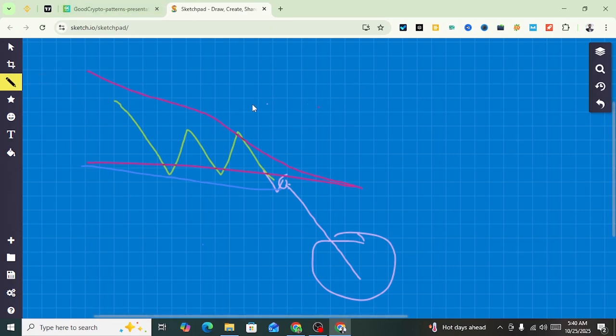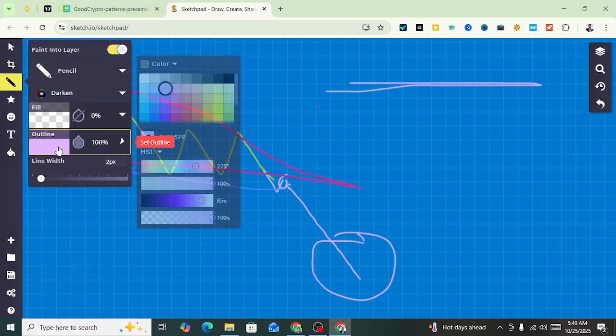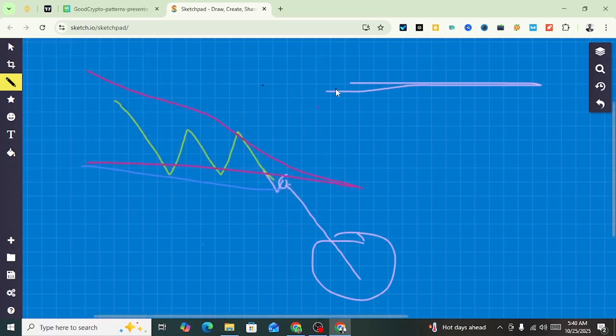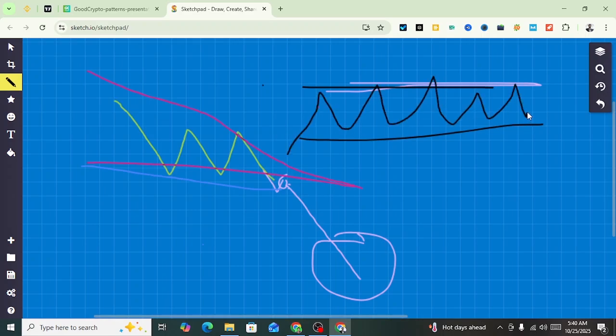If we can see the resistance area and the support area, when the market is going from here, if the resistance area breaks, then you have to enter from here because of the down and up. When it's broken down, then you have to enter from here when the market is going up and bearing. So